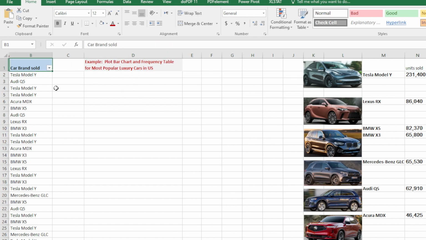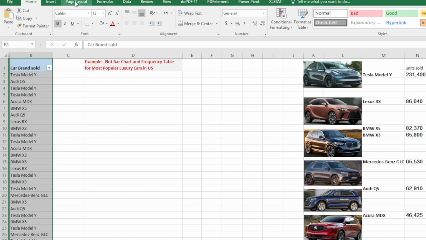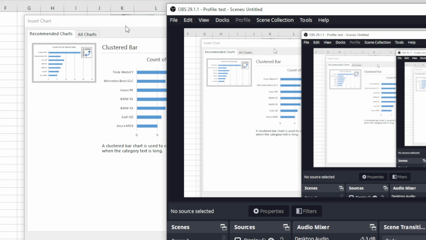So select the column of interest, including the label, and then press Control-Shift-Down so that the whole data in that table is selected. Then on the tabs, go to Insert, and then in the ribbon, select Recommended Charts. The moment you click on Recommended Charts, the recommended chart shows up,